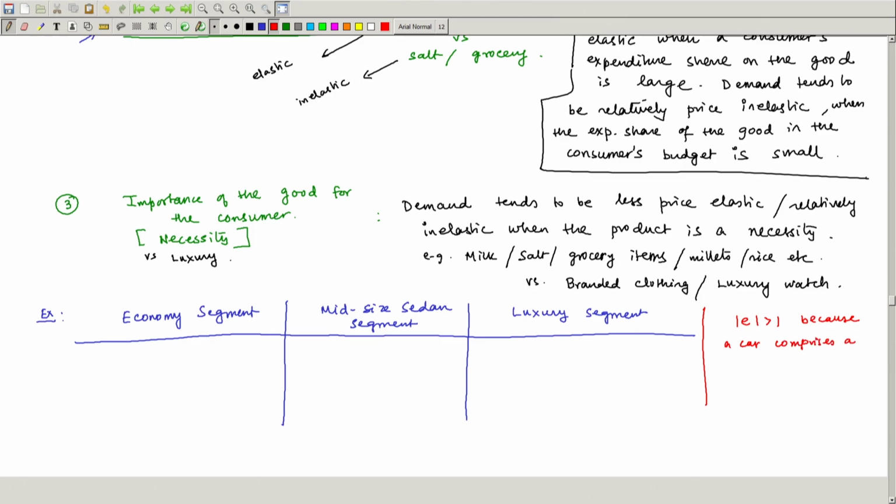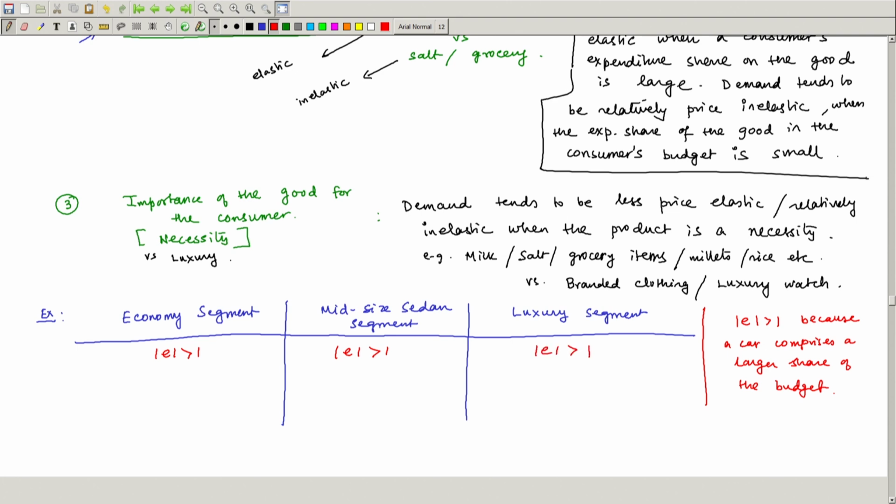comprises a larger share of the budget, right, which is also why a consumer also plans or shops around, right. You will look at different models, you will look at different features of the car, you will go to different dealers, you will compare prices, and only then you will take an informed decision, right. So, I know that for all of these segments, I would have expected a value being bigger than 1,